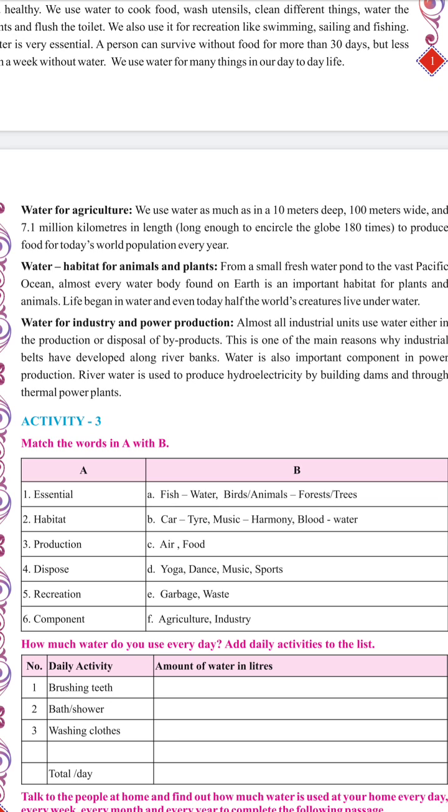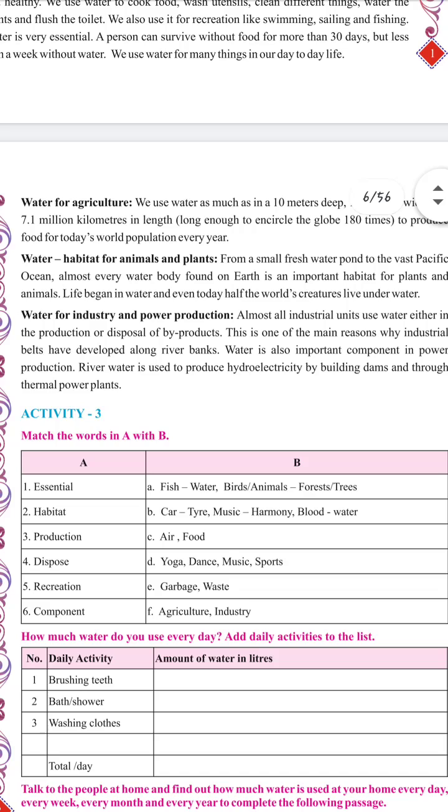Recreation means the activities which give you entertainment, or the activity which you do in order to relax yourself, that is known as recreation. And the answer is D in column B: yoga, dance, music and sports. So this will be the answer for recreation, and the remaining 1, 2, 3, 4 and 6 should be matched by